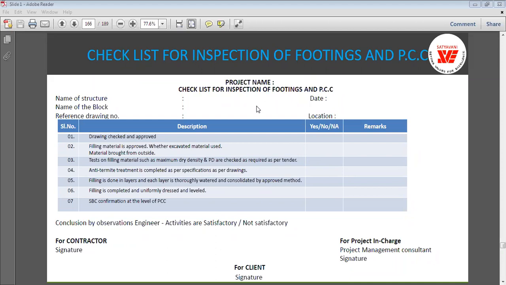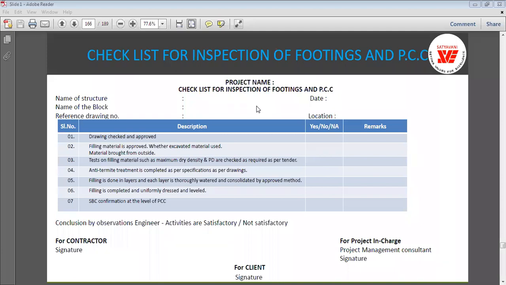Okay, the checklist is according to the site. Whatever type of construction you are going to do, with respect to your construction, you can prepare your own checklist. Parameters will remain the same, please be clear on that, but some contents will definitely vary. Some parameters will vary according to the site. For irrigation work, definitely our checklist will be different. But the parameters related to footing and foundation work are common parameters that I am going to